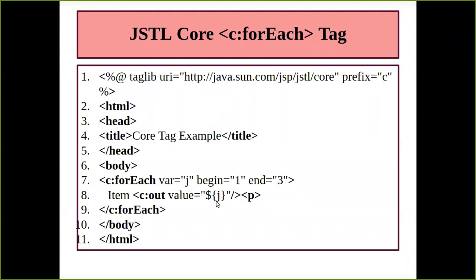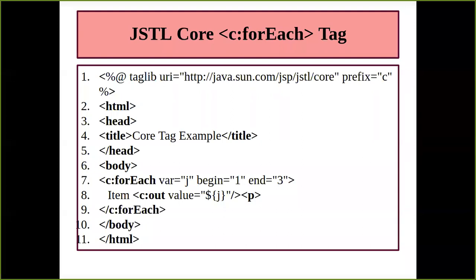The J value first runs and sees what the first value is, that is 1. If you remember, in a for loop we initialize the value. For example, in the for loop I create a variable called I and assign it 0, so the value which is going to be printed starts from 0. And we have the condition that it runs till it is less than or greater than or equal to a certain value, say 5. And we have an increment or a decrement operator.